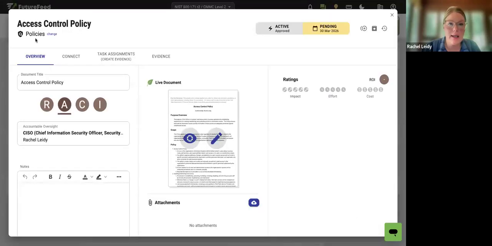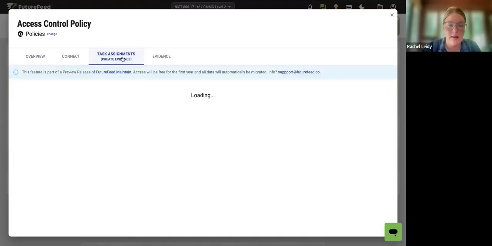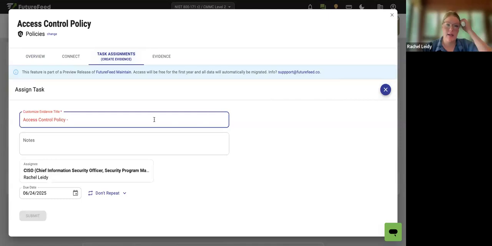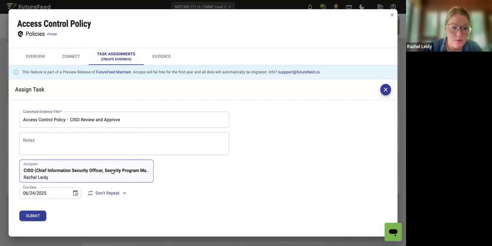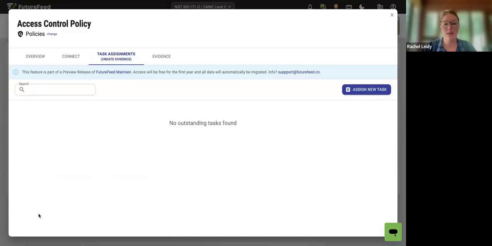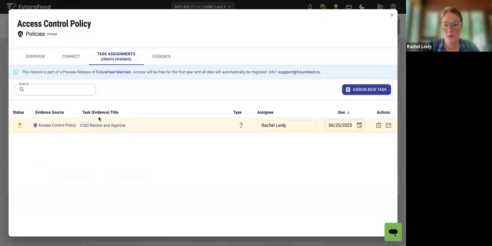So now in my document inventory item under this task assignment, I'm going to create a task. I'm going to say, I want my CISO to review and approve this document. I assign it to the CISO. It doesn't need to repeat. Give them a due date. All right, submit. Now this person who I assign this task to will get notification that they have a task